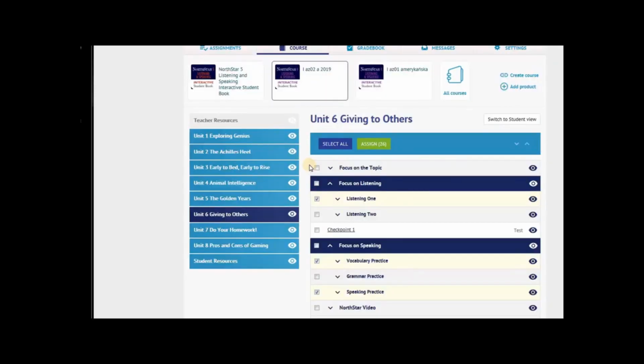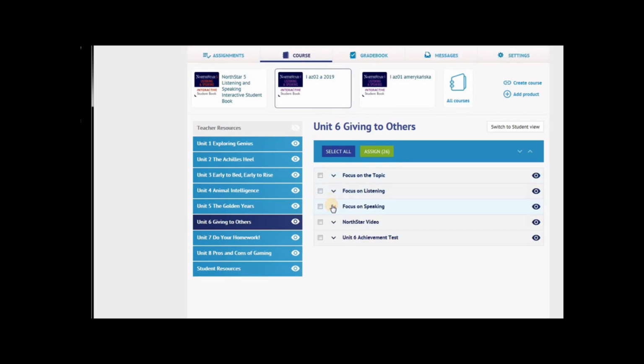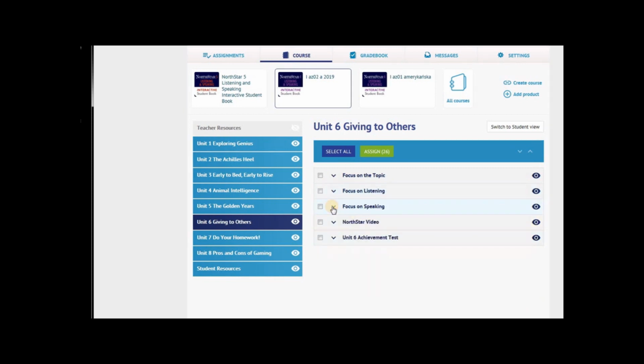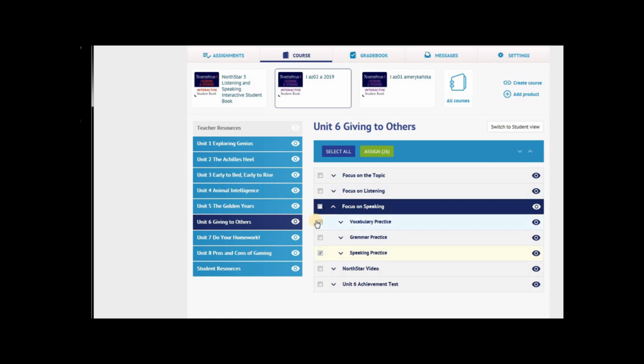Okay, so we're right now on our website, and this time we'll be doing a few exercises from our Pearson's language lab. So these are the assignments. I picked a few things for you. You can open these tabs here, focus on listening, and you have lesson 1 marked, and focus on speaking, and I marked vocab practice and speaking practice,